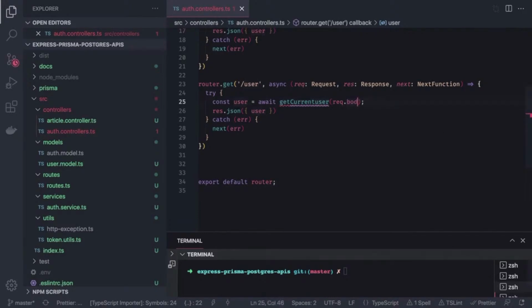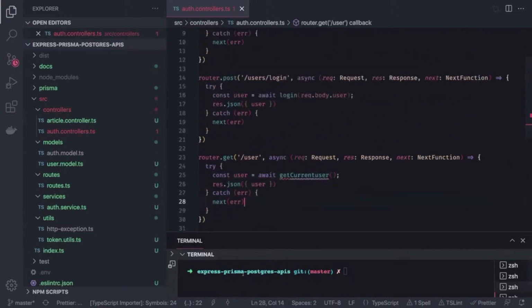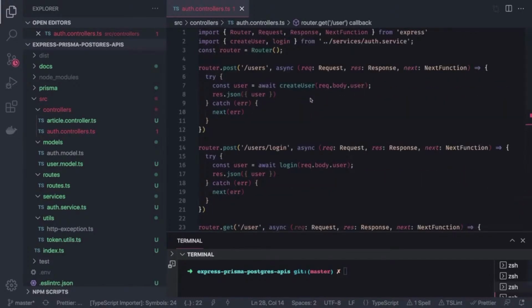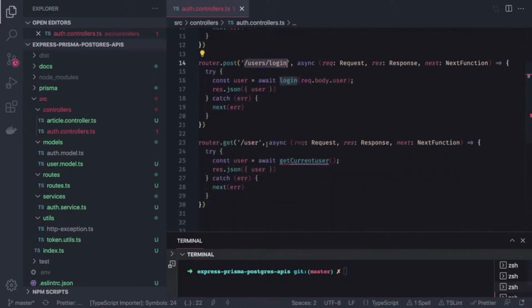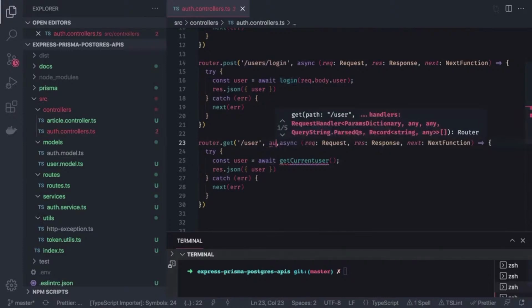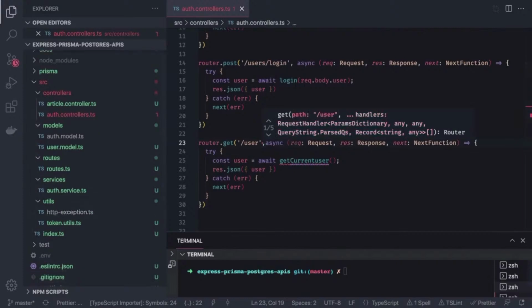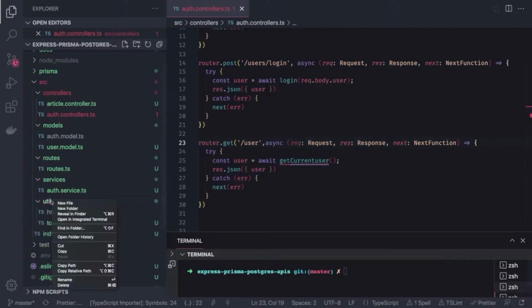We will decide how we are going to deal with this. First of all, we have to create one middleware. What that middleware will do is check which API is a protected API and which API is a public API. For us, let's say the user registration should be a public API, login should be a public API, but when you're trying to get your own information, this should be a protected API. So here I will create some middleware. Inside our utils we can create that middleware. That middleware is, let's say, auth.ts,